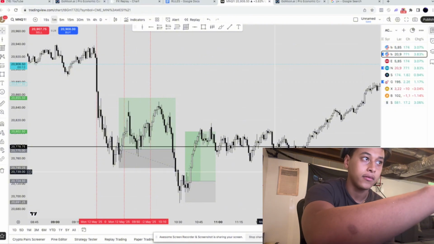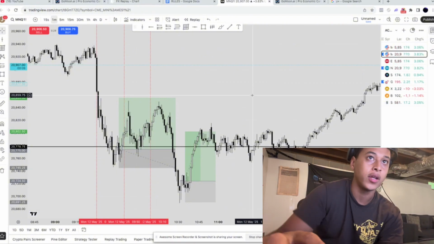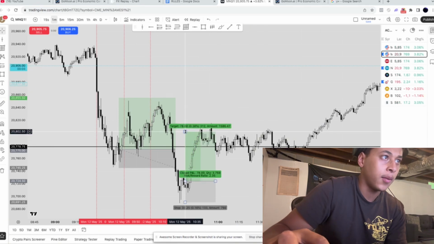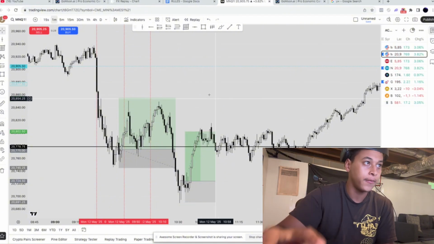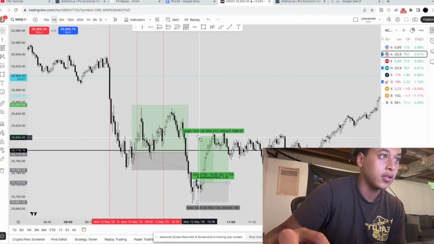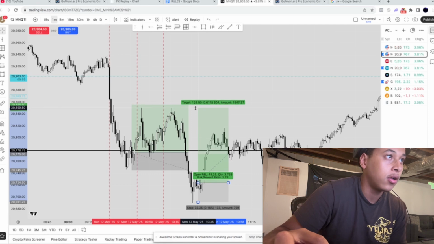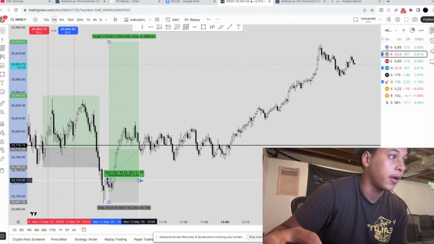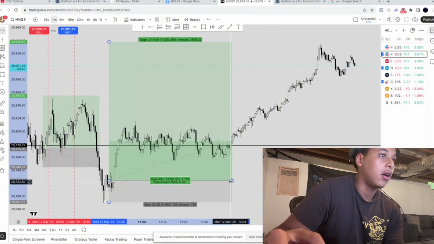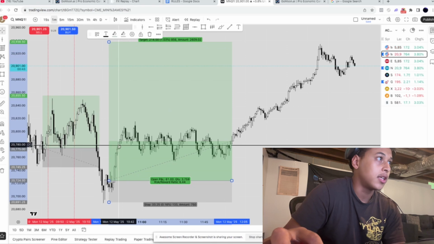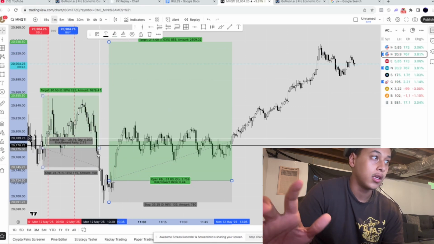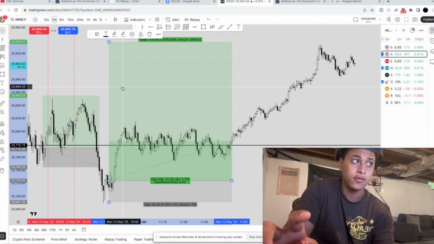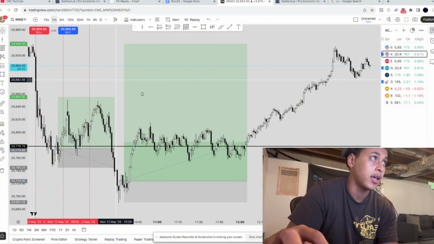a winning day. For Top Step, in order for you to have a winning day, it's $200 or more for a winning day to count. So after I got up to a winning day, I took profits right there. But after a sweep, you're supposed to target previous highs, like up here, or even up here, which we're probably going to take out soon on NQ. Where we're at, this price was super choppy, and honestly, I'm glad and I'm content with where I took my profits, because instead of being down $500 on the day, I'm up $250 on the day. So I can't really complain about any of that.